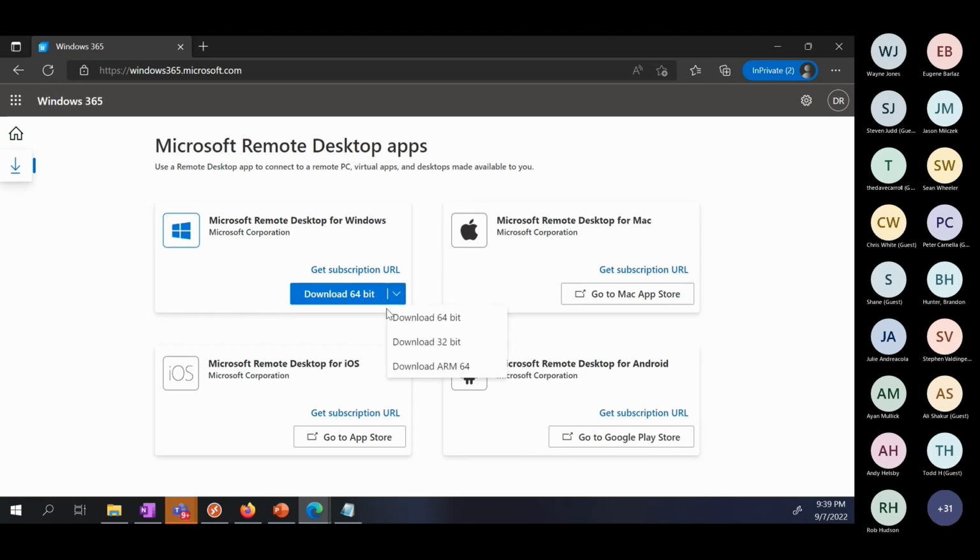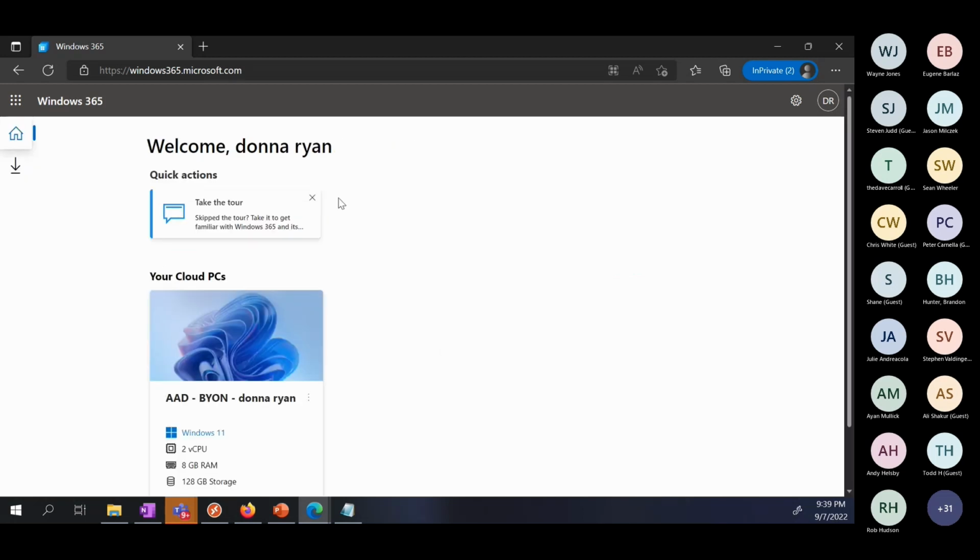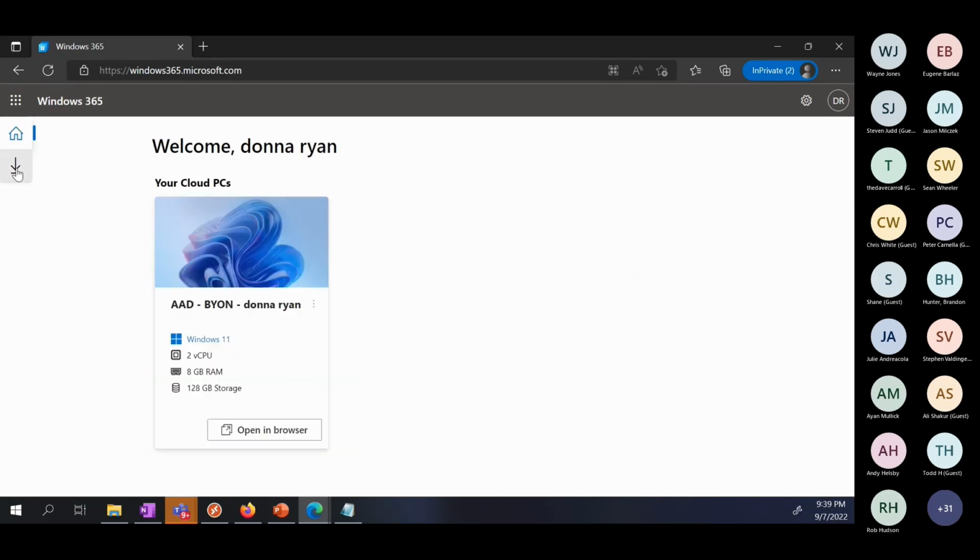For Windows, we have 64, 32, and ARM. We've got iOS, Android, and Mac OS, so we've got all the major operating systems. If you're going to provision this for users, you could tell them to log into here, click the download button and get what makes sense. On whatever device they're running, they could install it if you're doing something like a BYOD. But that's the same RDP client that's in most machines anyway.